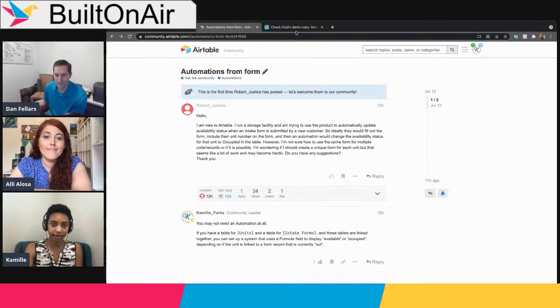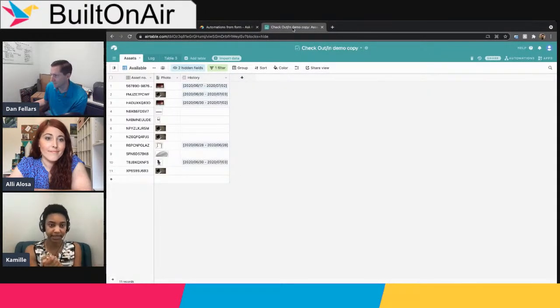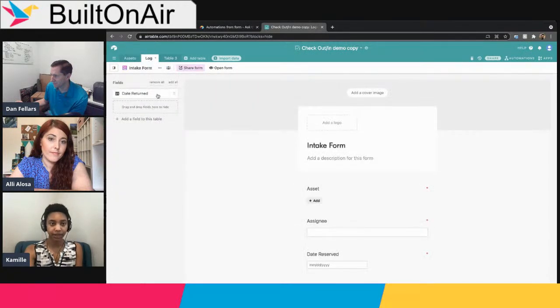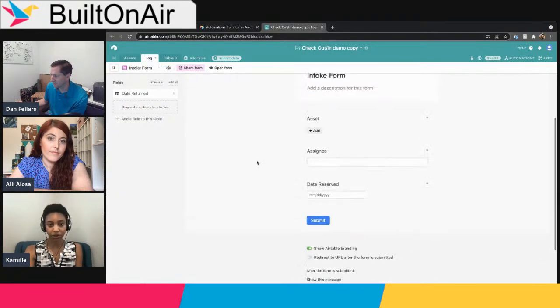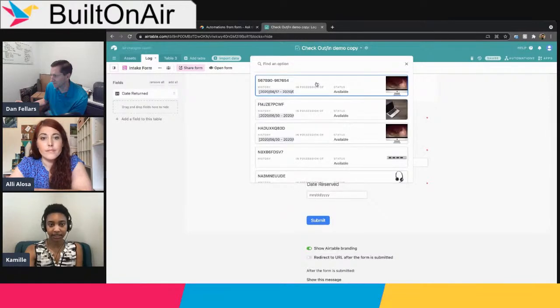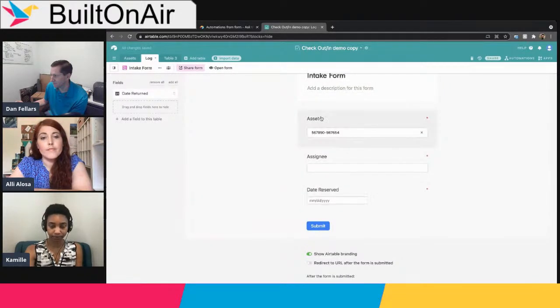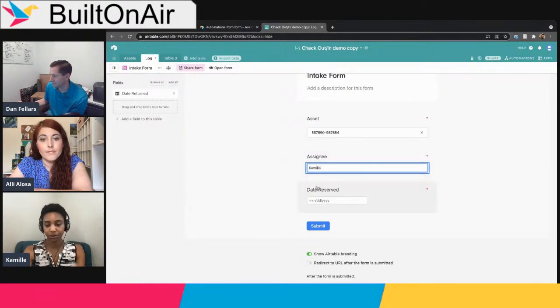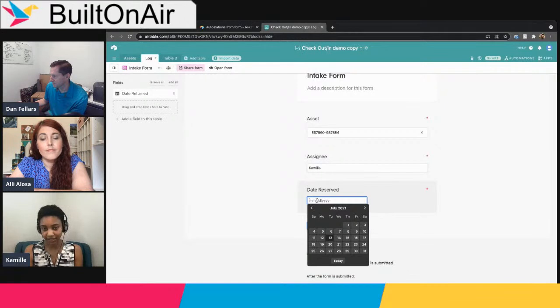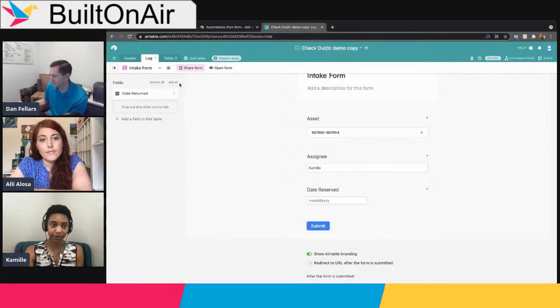So to demonstrate, I just made a very, very simple base that has a list of assets or products, very, very simple with not much going on in it, and then a log table with a form attached. So you would select an asset from the form, you would say who it's going to, and then the date that somebody picked it. And then you would click submit. And what happens then is,